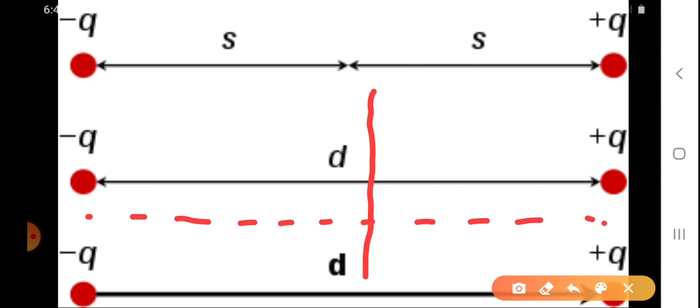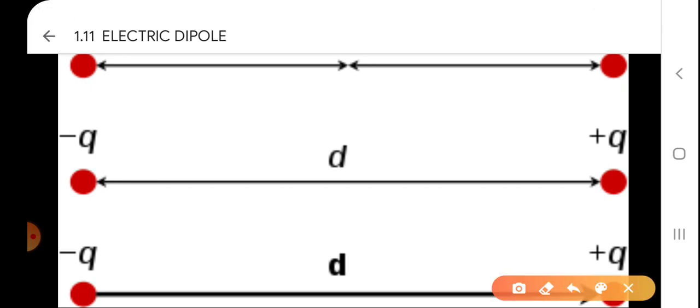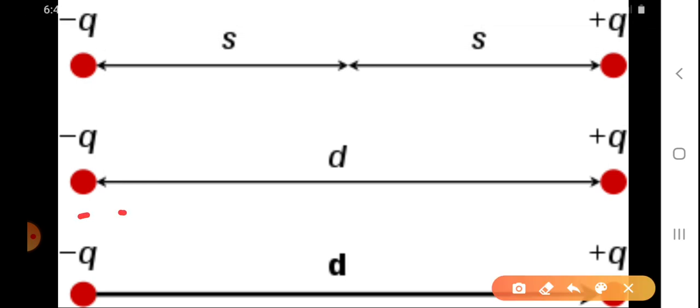We are going to find the expression for the electric field at a point on the equatorial line, which will be discussed as the second part. The first part is the electric field at a point on the axial line, somewhere here or here, but not in between. If you want, we can find that, but we will not do that.